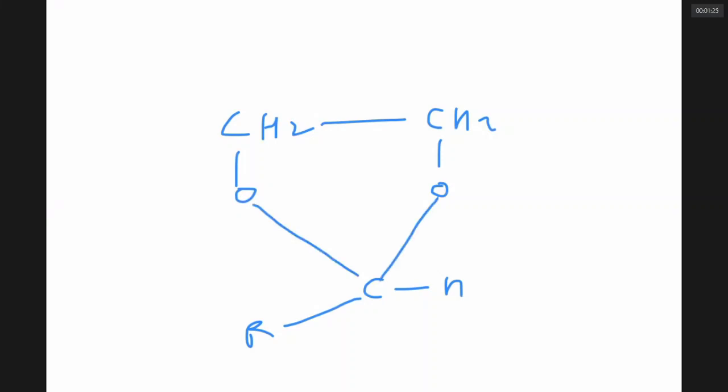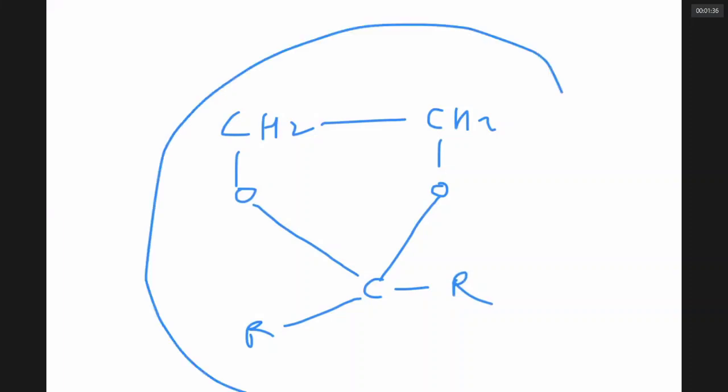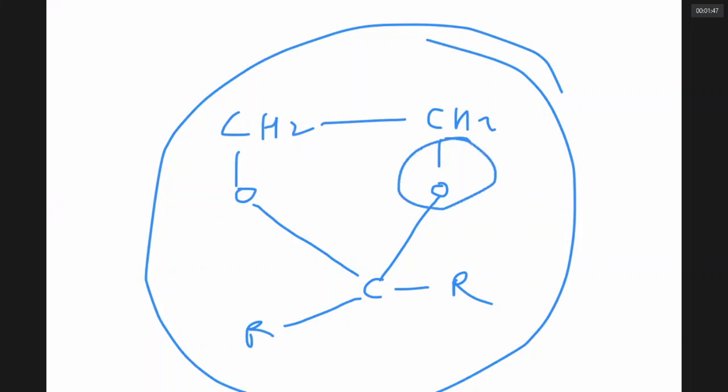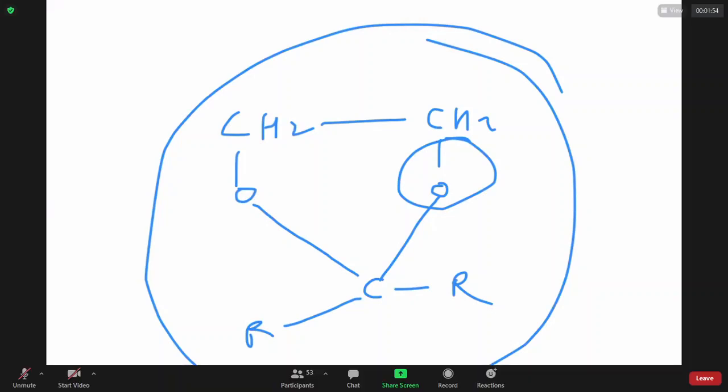Okay, sir? So, if it is a ketone, then this hydrogen will not be there. There will be alkyl. This type of compounds are called as acetals. Only cis diols can give acetals on reaction with ketones. If the two OH groups are on opposite side, then that cannot give acetal on reaction with ketone. I repeat, there are two types of diols in cyclic systems.